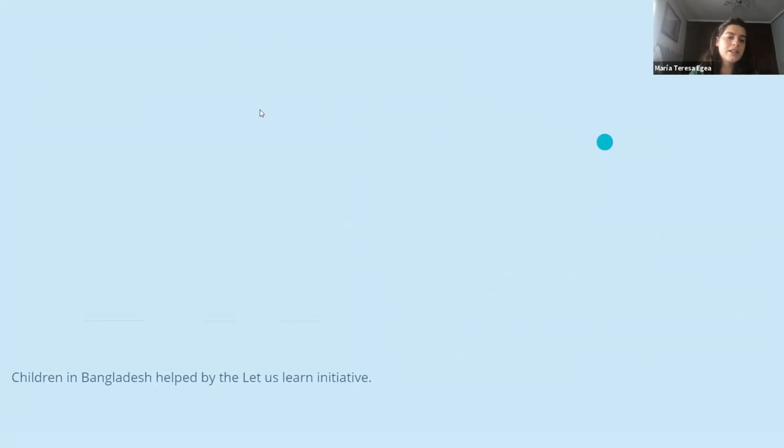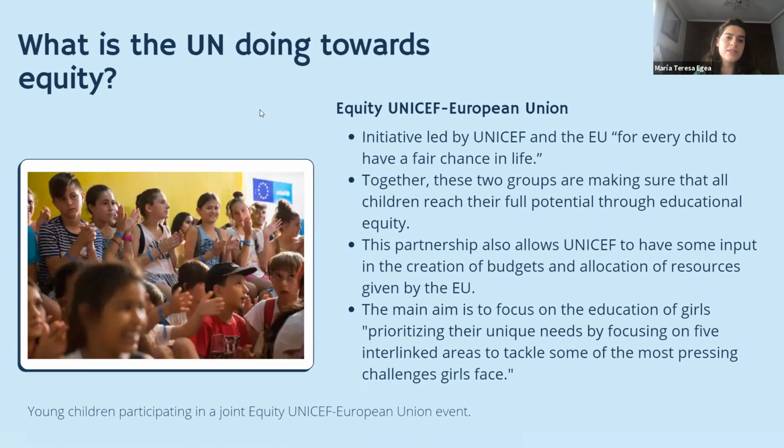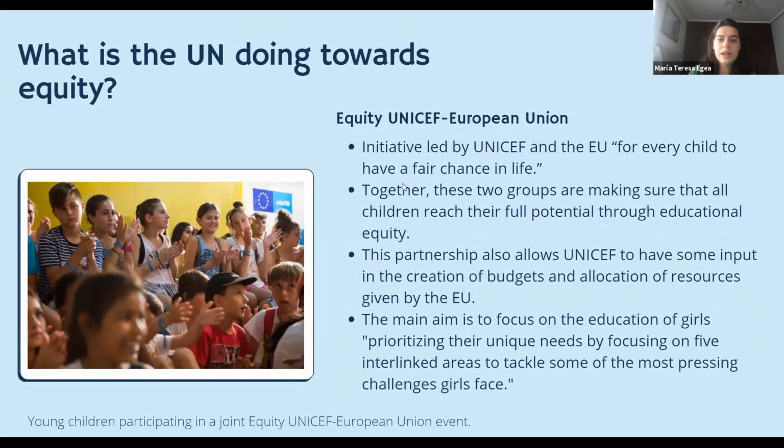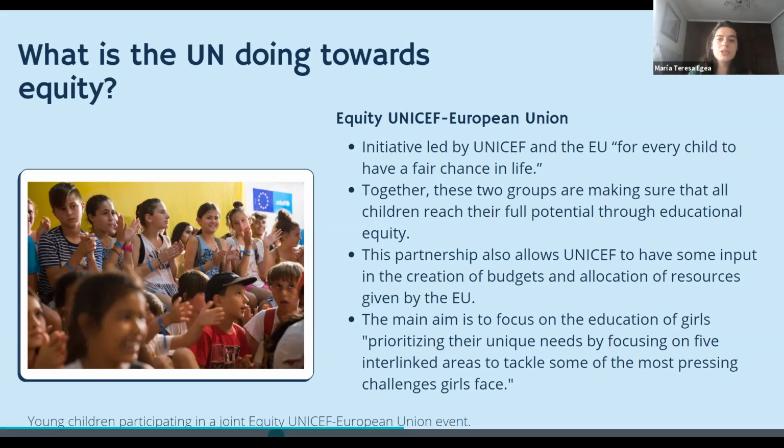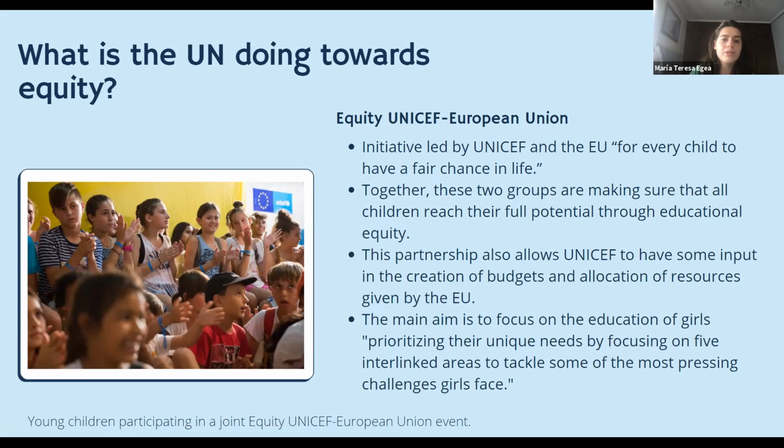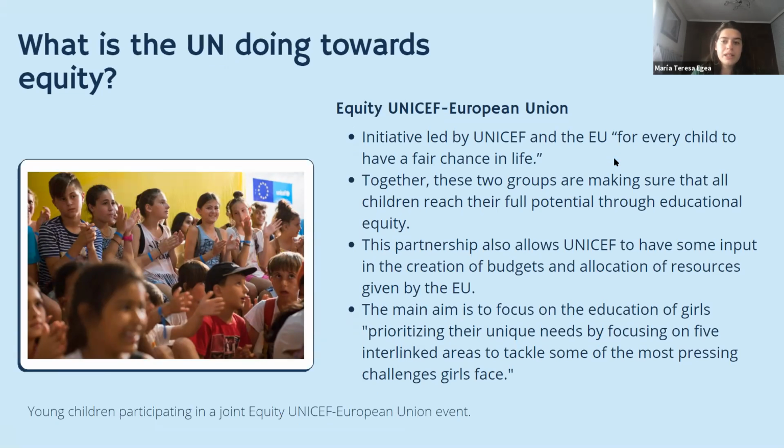Those children are actually participants of the Let Us Learn initiative. So now we're going to be talking about a different initiative that aims to achieve equality, this one led by UNICEF and the European Union. Their motto is for every child to have a fair chance in life. And together, these two groups are making sure that all children, irrespective of where they come from, reach their full